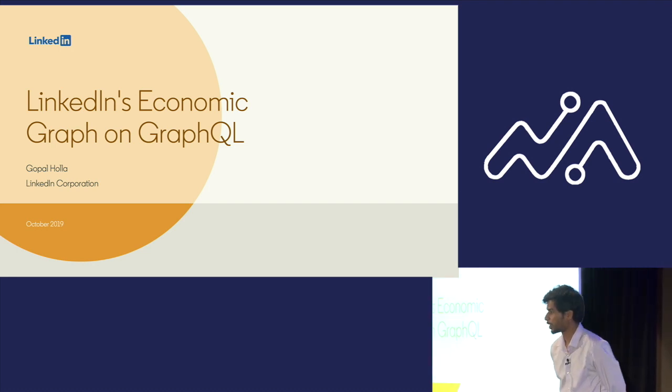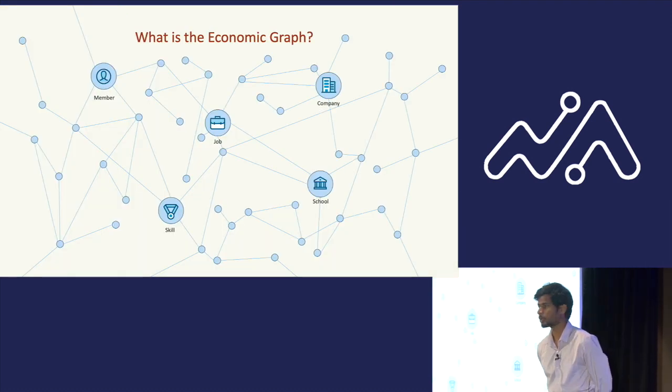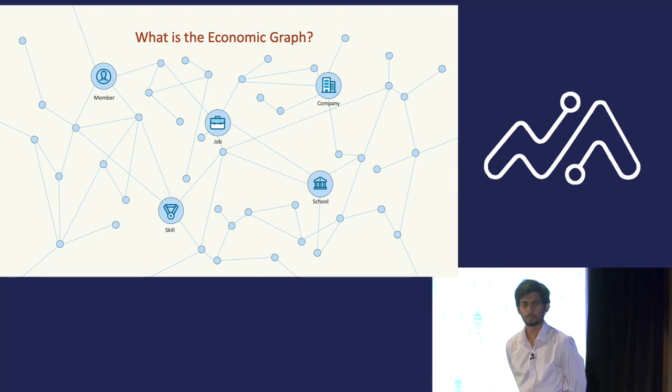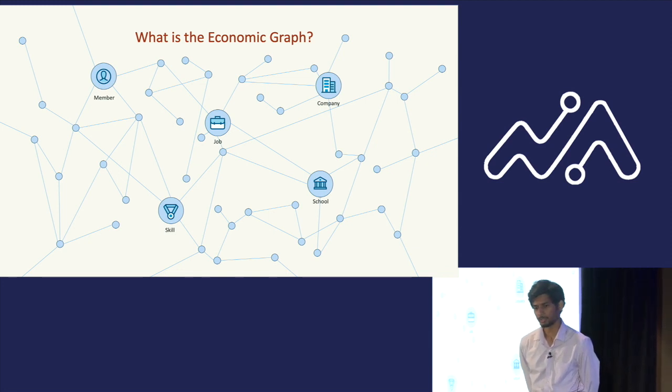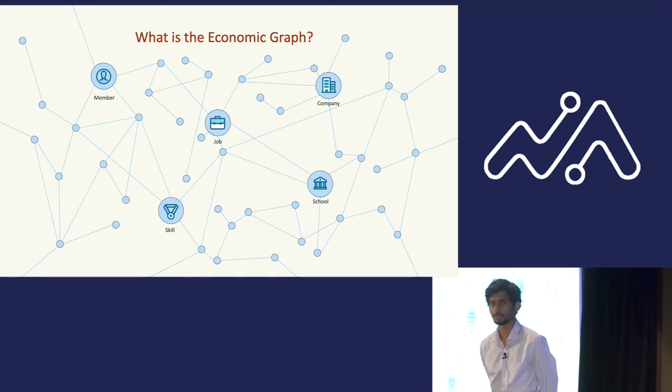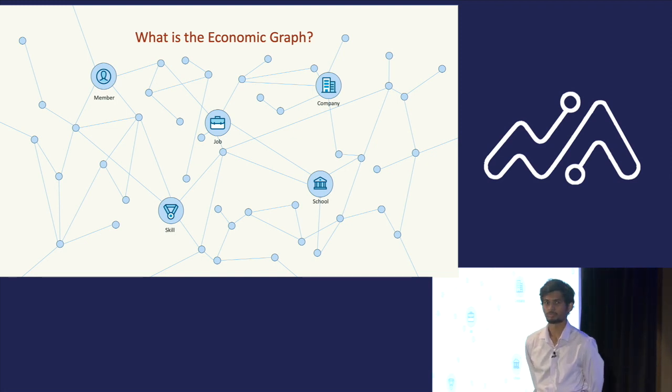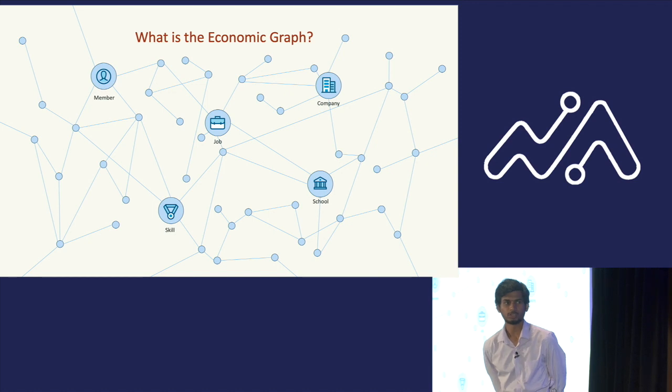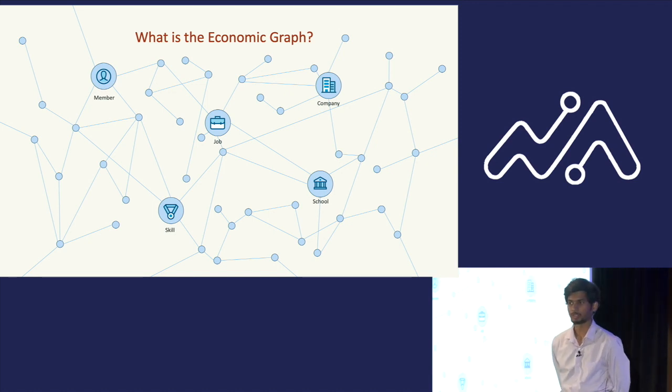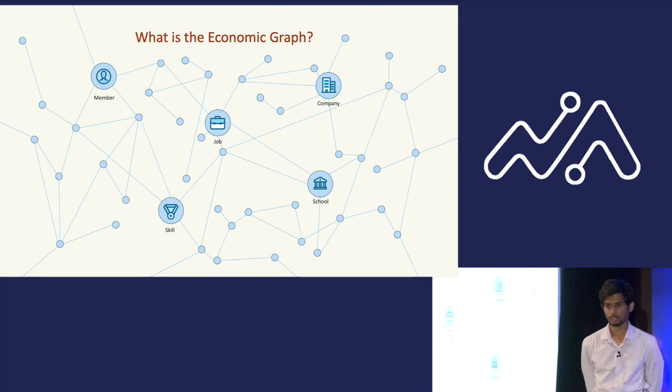Before we start talking about how we made it accessible, let's talk about what the economic graph is. If you go on linkedin.com and load up your profile, it's a graph that shows up with a bunch of interconnectedness. For example, you're a member on LinkedIn, you've had a few jobs, you worked at a few companies, their logos show up. So this is essentially the economic graph, a bunch of entities that we are putting together to